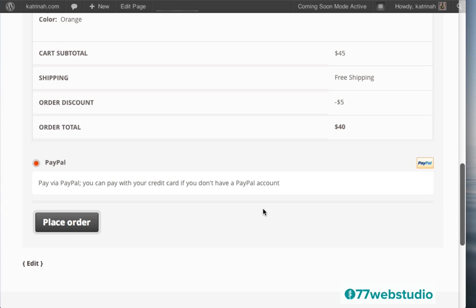They would be sent to PayPal where they can either log in with their PayPal account and pay via PayPal, or if they do not want to pay via PayPal, or if they don't have an account on PayPal, they can simply log in as a guest and pay with their credit card or their debit card. So the good news is, even if you do use PayPal, a customer does not have to have a PayPal account. They can just sign up as a guest and pay directly with their credit card. So that is how they would place their order.